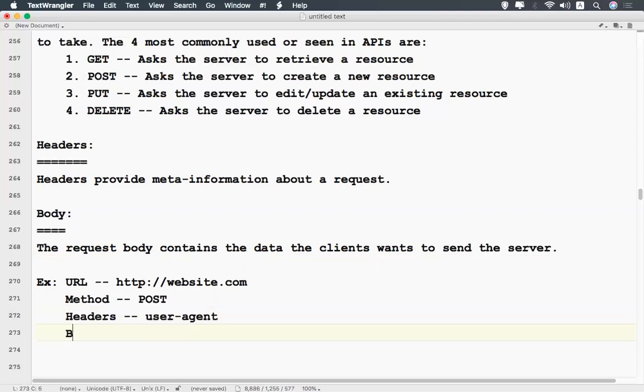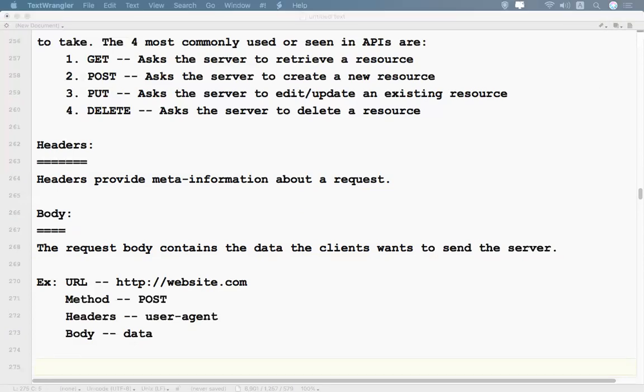Okay. When you talk about the body, it will have some data. So in the URL, you'll send the URL and you'll mention the method, whether it is get, post, put, delete, whatever you want according to your requirement. In the headers, you will send the user agent, and in the body you'll send some data. So it's a typical request.